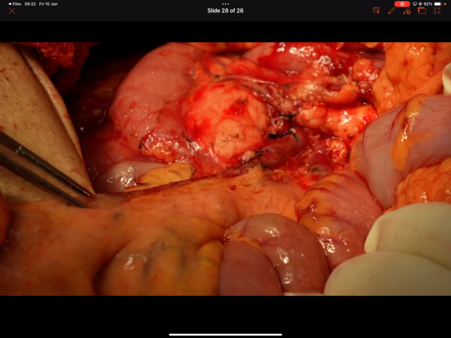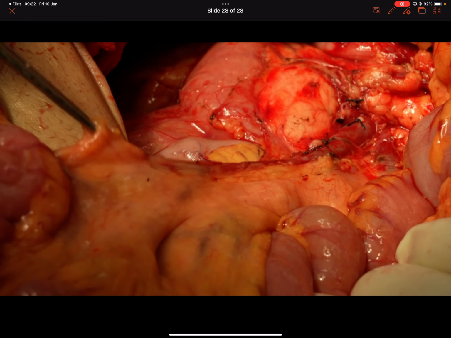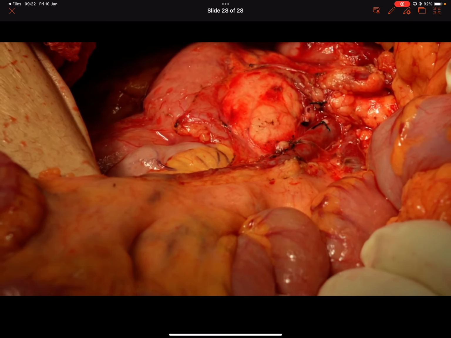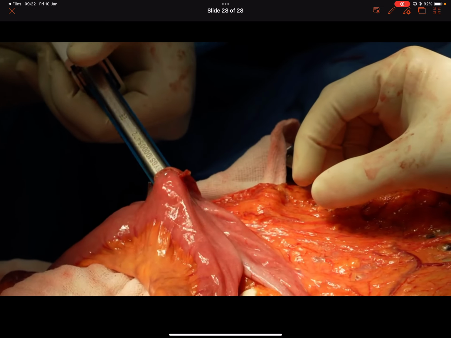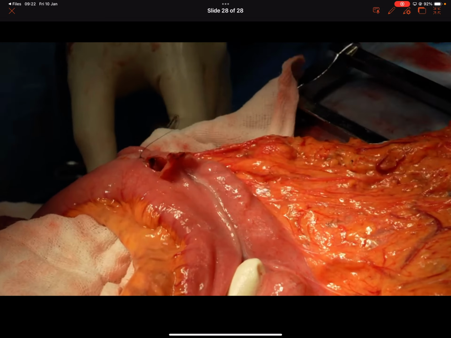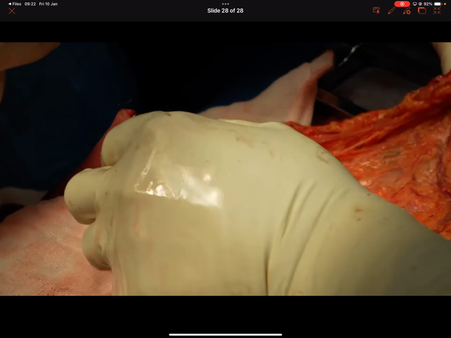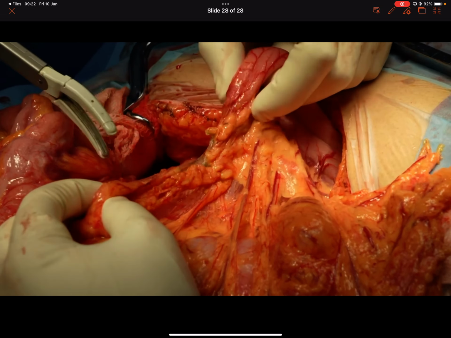In the course of the D3 dissection, all the lymph nodes were cleared up to the left lateral border of the SMA, right? So okay, very good. Now a staple has been cut. Now another staple will be used to seal that off. The gastrocolic ligament is being opened. The omentum along with